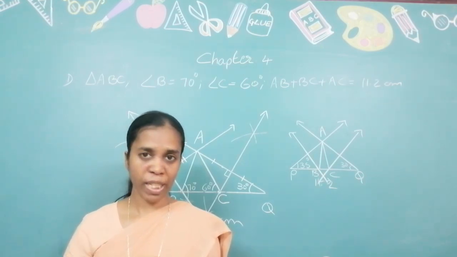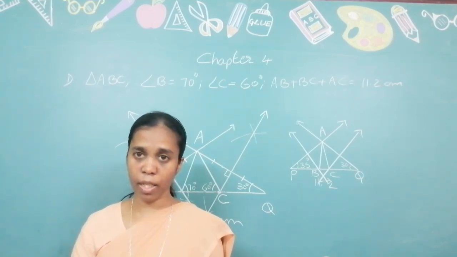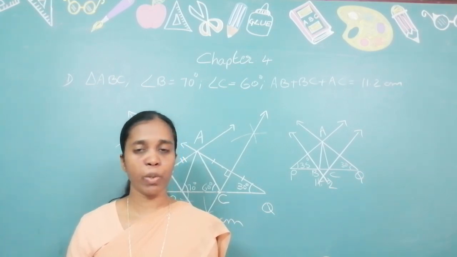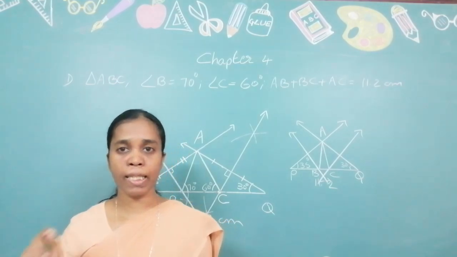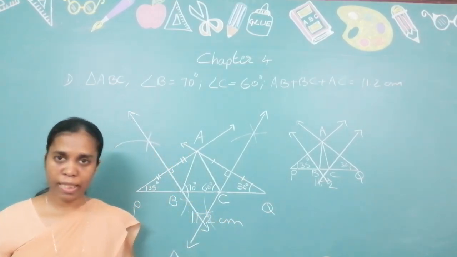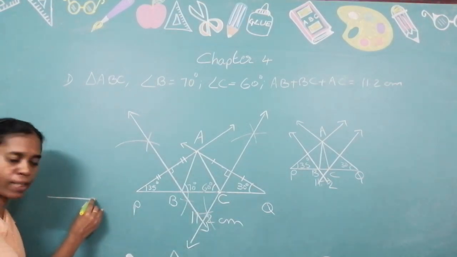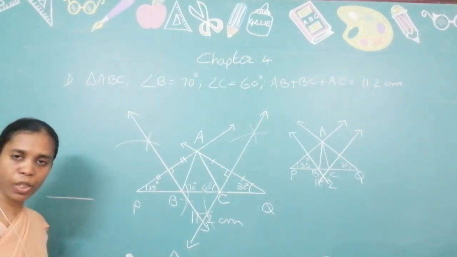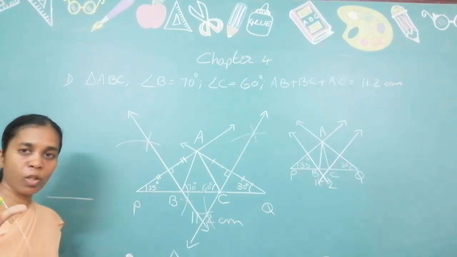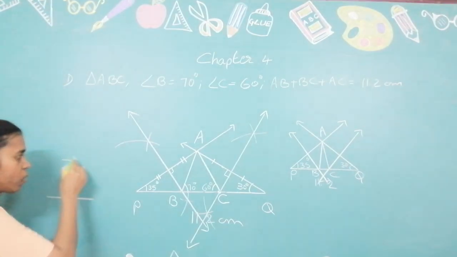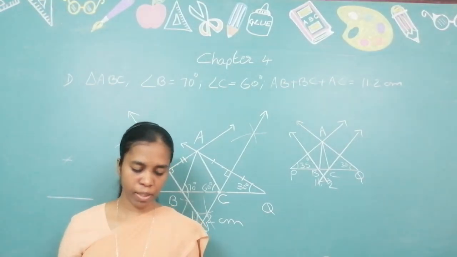Once you get the length of each side, you look at the question. The perimeter is given to you, ratio of the sides. Construct the triangle. Are you given any base angle? No. But what is given to you? You are given the length of all three sides. When you get the length of all three sides, first you draw the base. You take the longest side, consider it the base. The next measure you take on the ruler or compass and draw the arc. Next one again you draw the arc. This is a repetition of the construction that you have learned in 7th standard.